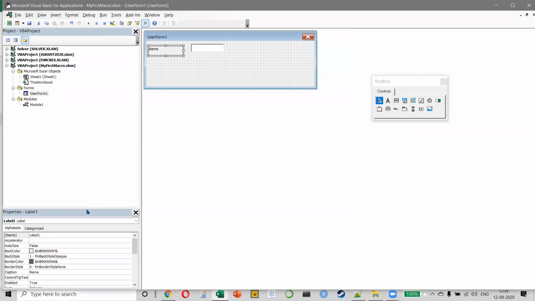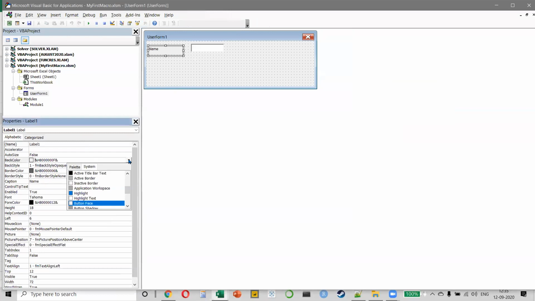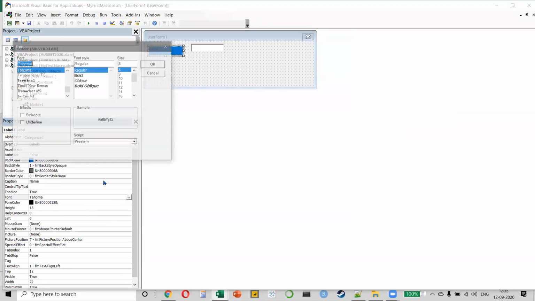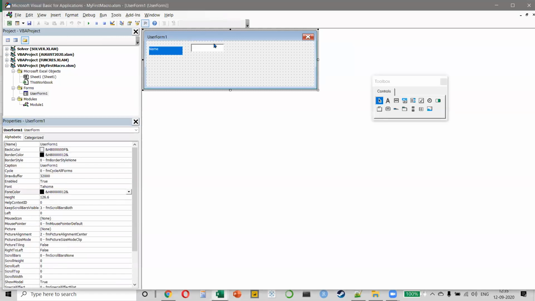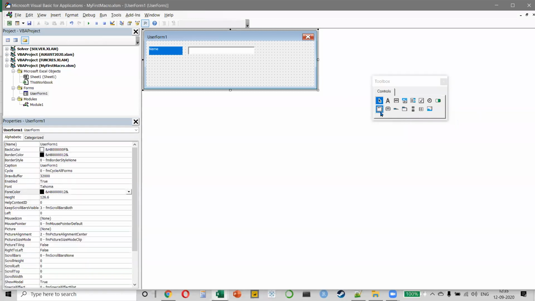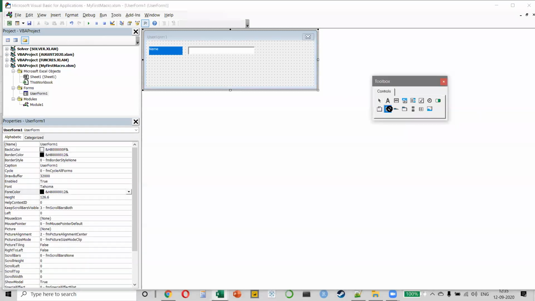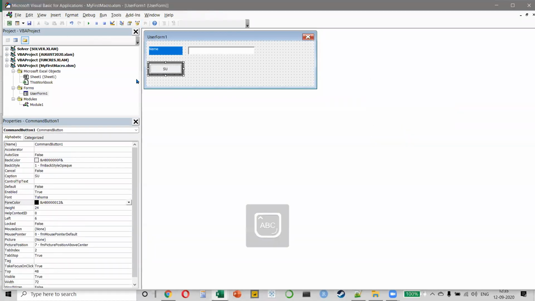If you want to change the color, you have a properties window on the left, and I can just change the color to, let's say, blue, and I'll change the font color to white. Perfect. And then inside this box, I want to put a name, and I will now put a submit button, which is my command button. So I'll write Submit here.